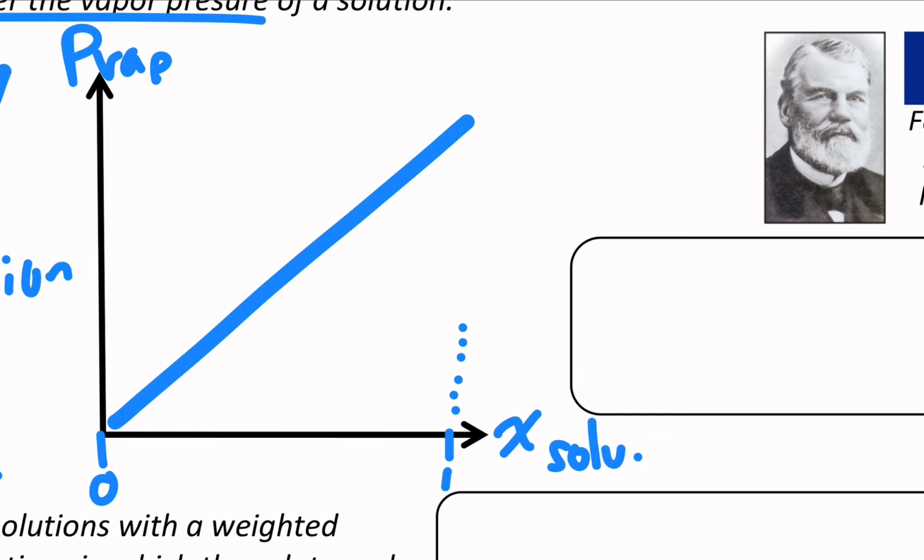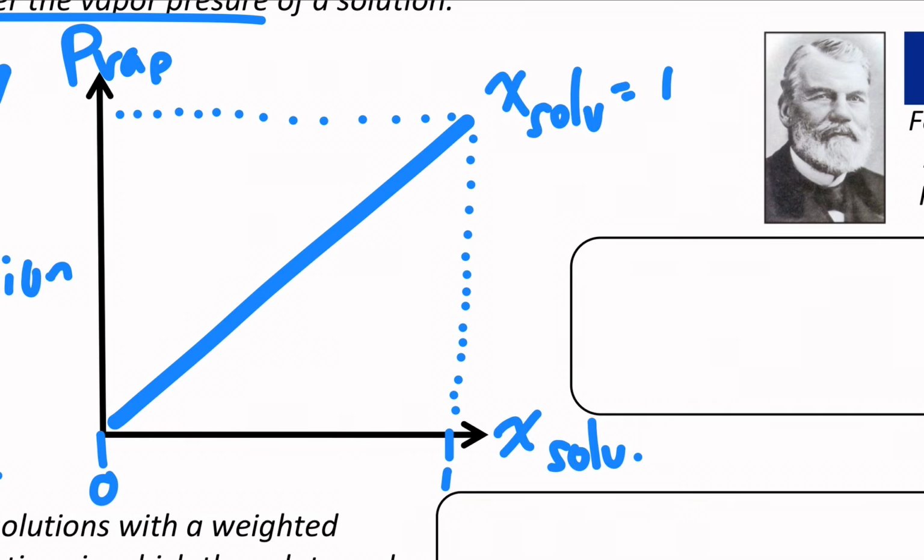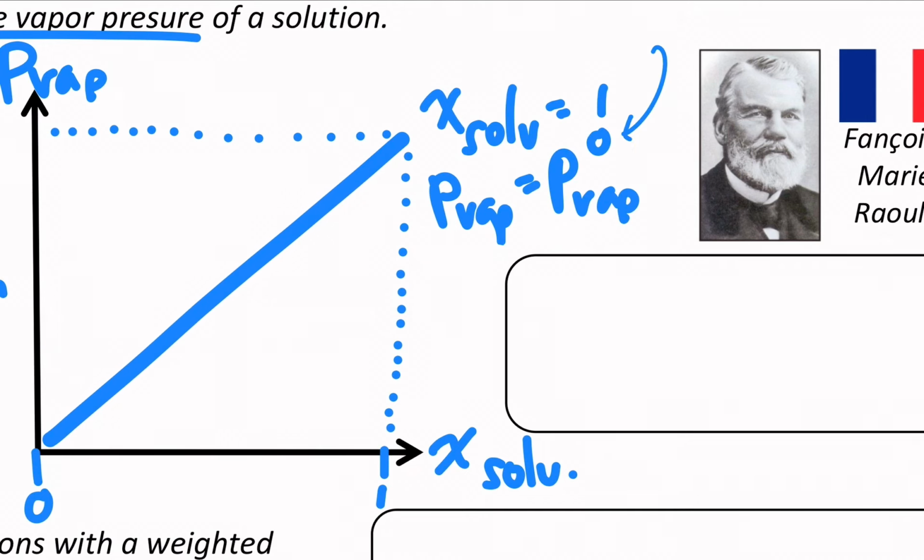So I'll even connect those with a dotted line to show that, because what that means is that if the mole fraction is 1, then the vapor pressure you're talking about is the vapor pressure of the pure substance, and we use this superscript 0 to mean the pure